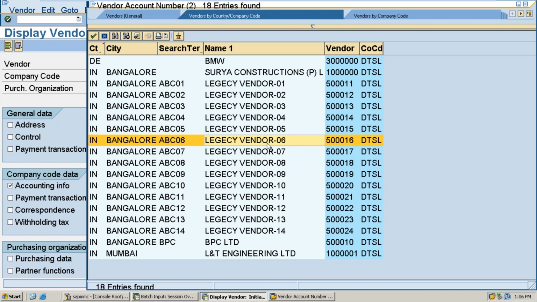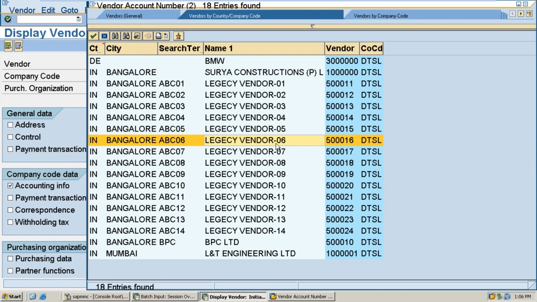See how I created them. Otherwise you have to create them manually. For example, Ajit is there in my legacy system, one vendor code. I need to copy the details manually. Go to XK01: where he is located, what is his PAN number, what is his TAN number, like this I need to do it. Now it's very easy, no? In a single shot I could upload all the records.